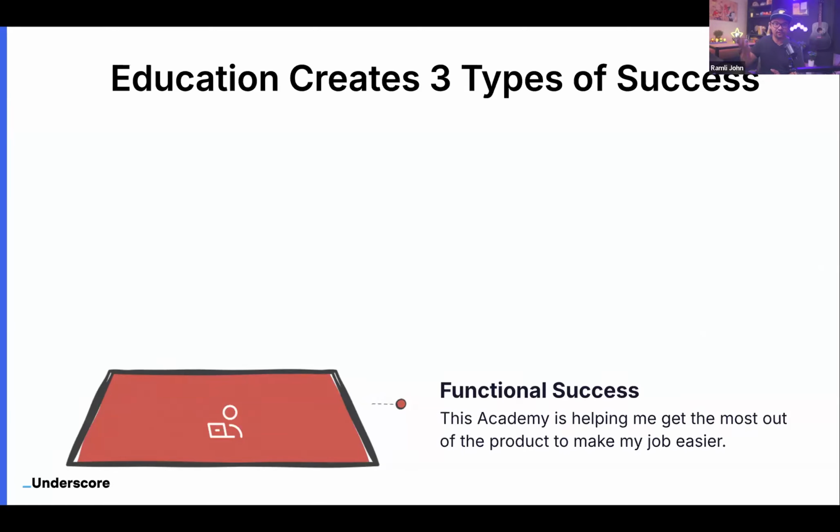There's, first of all, the functional success. That's the idea that if I was creating an education program for my customers, one of your goals potentially is to help them get the most out of the product. That's the functional success, right? How to get the most out of your product so it makes their job easier or better, or potentially get the ROI that they want. That's the first level of success, right? This is like table stakes. You want them to achieve that ROI, whatever your sales team promised them.